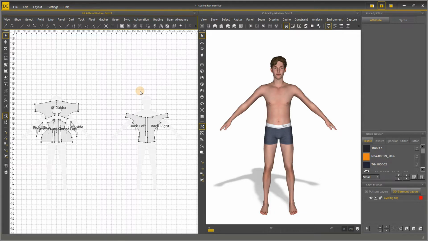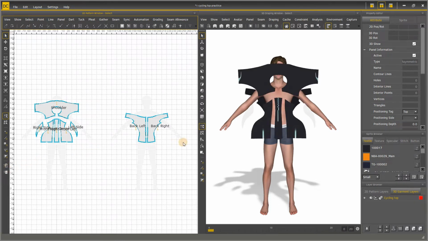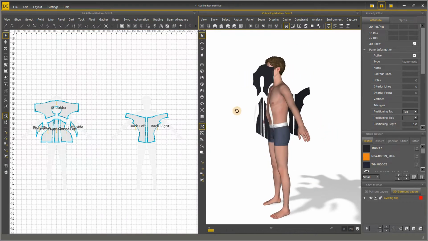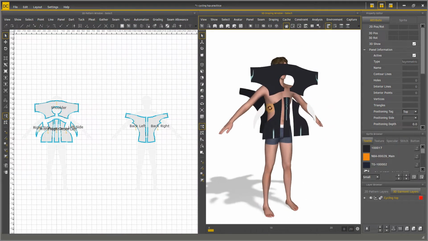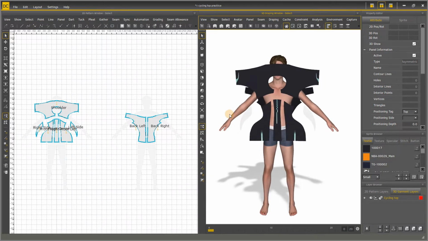If you are satisfied with the arrangement in the 2D window, select all the patterns and click Sync Panels to sync to the 3D window. The patterns are roughly placed in position due to the positioning tag and the placement onto the silhouette.